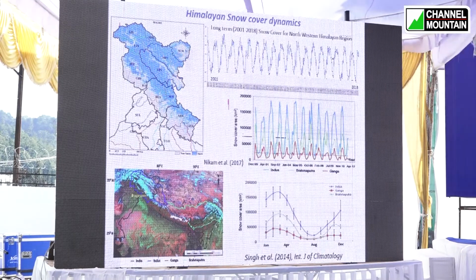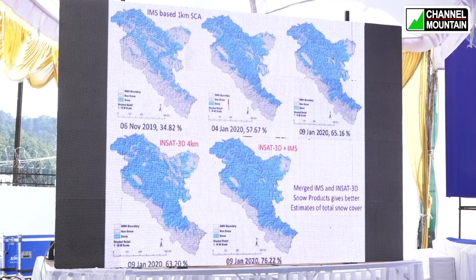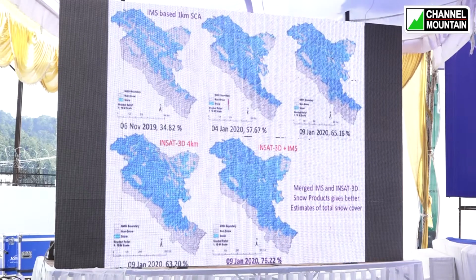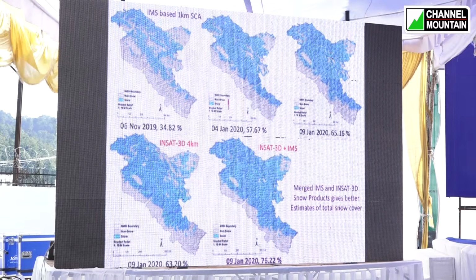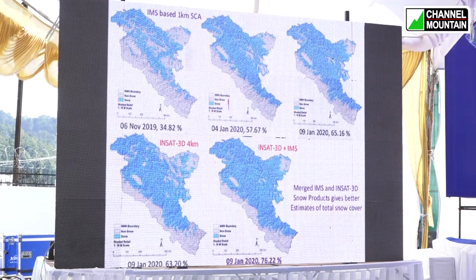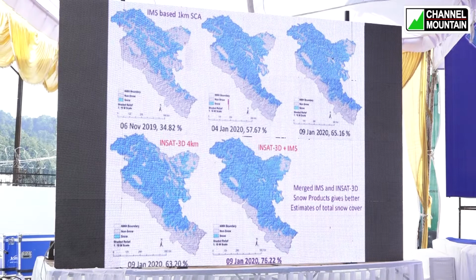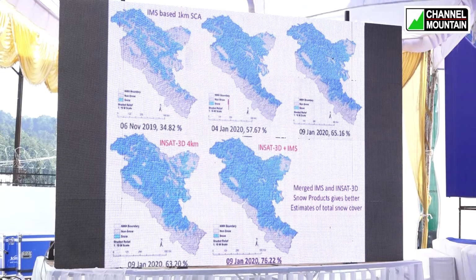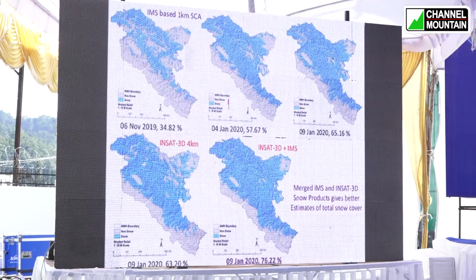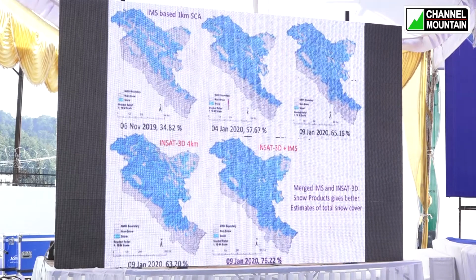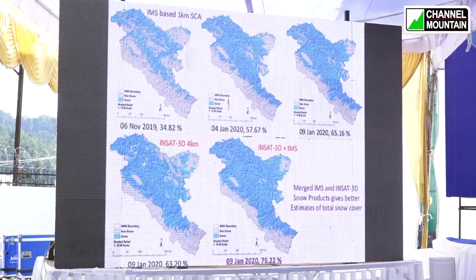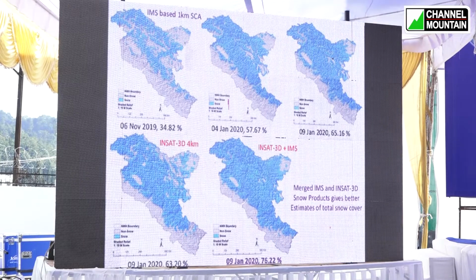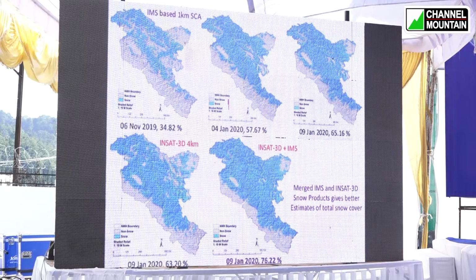And the next slide which I show is the recent episode of snow. Next slide. Yeah, this has been generated by colleagues at IIRS Dehradun, and what you see is the heavy snowfall this year, which happened in the month of January. Around 9 January, you can see 76.22% of the area, including your Mussoorie area, is covered by snow. These snow episodes, which were very unique this year, have been well captured by satellite data, and some of you can think of analyzing this data, to see how much additional snow there has been this year, and how it would contribute towards the amount of water in the streams available in these watershed systems. Next slide.